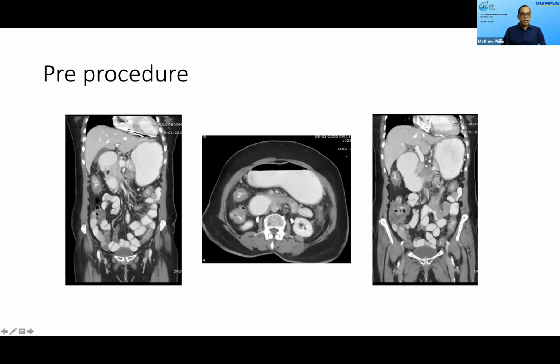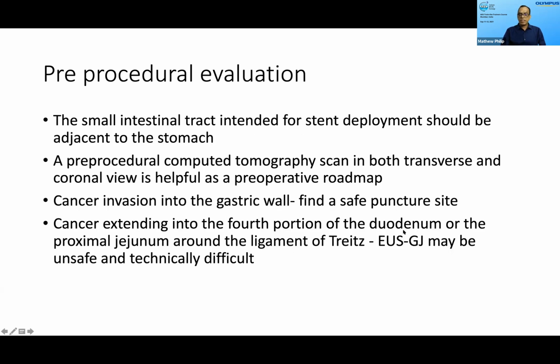This is the CT scan showing a loop of intestine very close to the stomach. Here also you can see that. So in this patient, there are no other major lesions or obstruction. So this could be a good candidate for that. The small intestine,